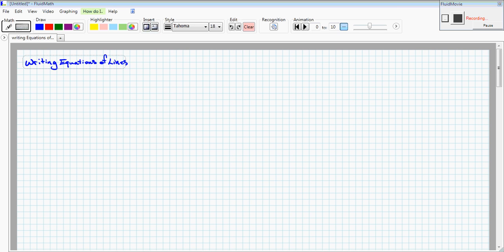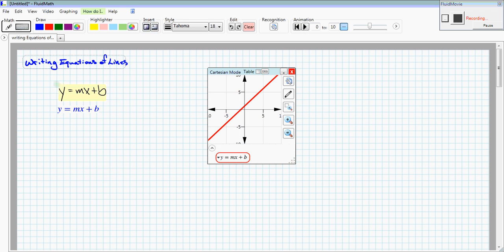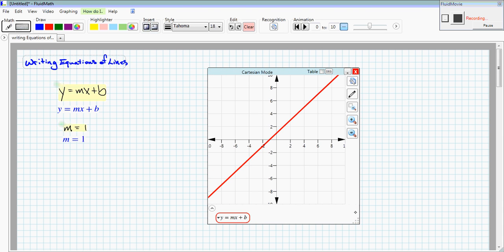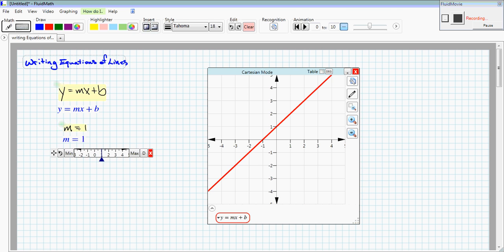Alright, the first thing we need to do is review writing equations of lines. Now, lines are written in slope-intercept form, which is y equals m times x plus b. If we were to graph this and take a look, the two most important things are m, which represents the slope. Let's let the slope equal 1. If the slope equals 1, slope is rise over run, for every 1 unit we rise, we also run 1 unit. As that increases,